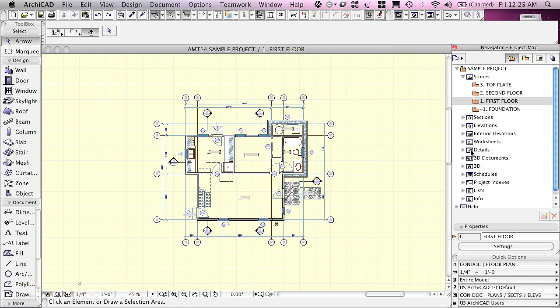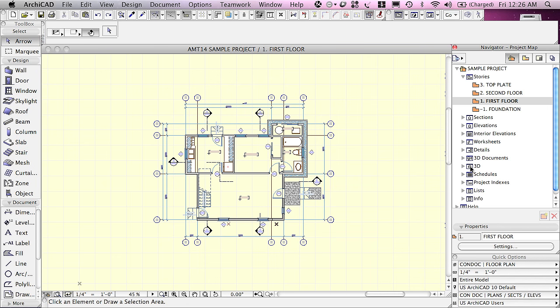Details are where you're going to create and compile and develop the larger scale views of parts of the project. 3D documents are a special type of view within ArchiCAD that will look at the project in 3D or perhaps a cutaway and allows annotations such as dimensioning, labels, or text to be applied as well. 3D, these views are the ones that we will spend a lot of time in, which we can move around in and zoom in and out and walk through the building and allow us to select and modify elements right